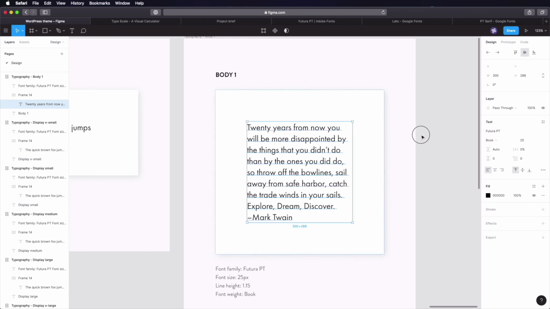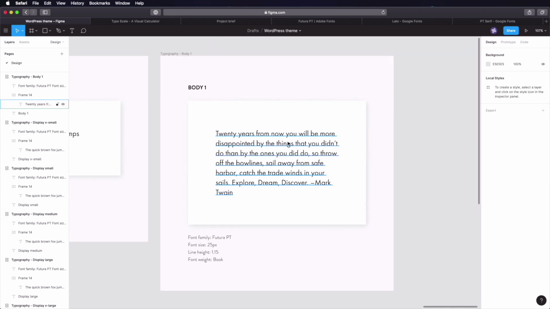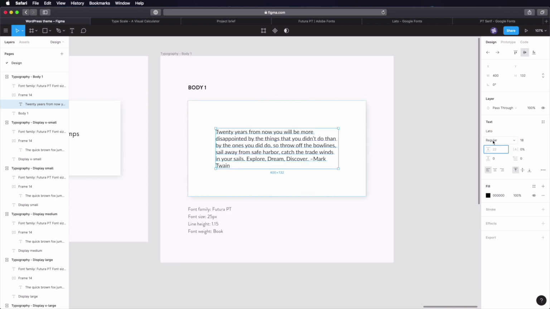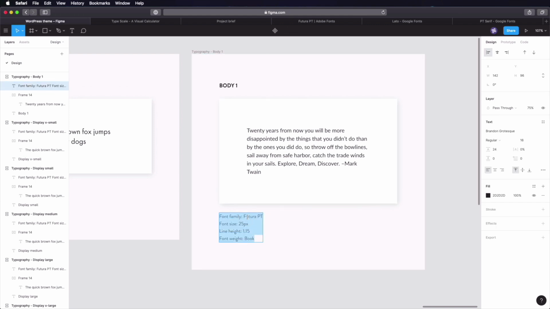I'm just going to paste in some text here. Let's make this a little bit bigger. Okay, and for the typeface, we're going to be using Lato. It's going to be 18. We're going to use the regular weight. And for line height, we'll go with a 1.5 line height. So 1.5 times 18, you can also do this in Figma, equals 27. So that's what we'll be using. Update this as well. Lato 18. You can specify the line height here, either like this, or you can even put a parenthesis there, and